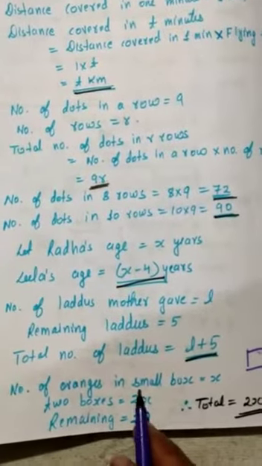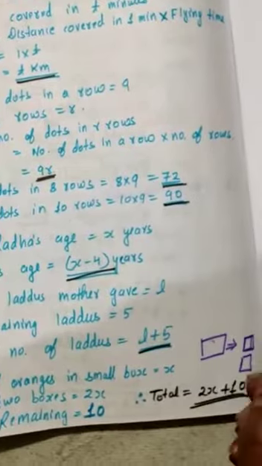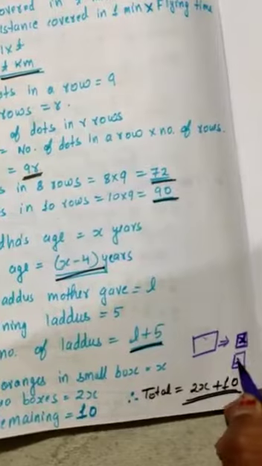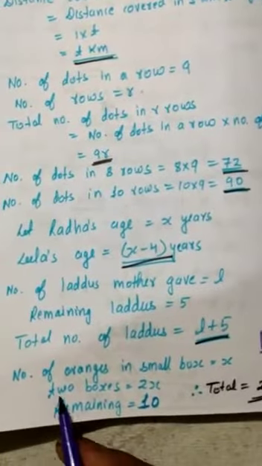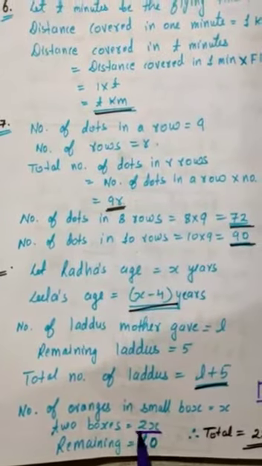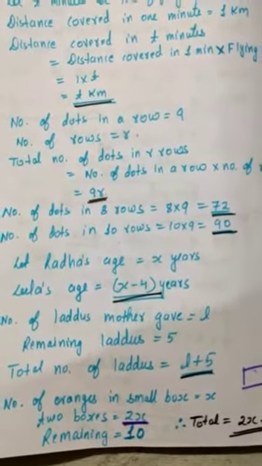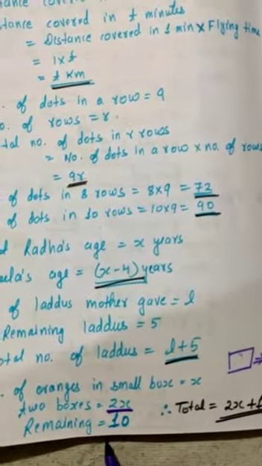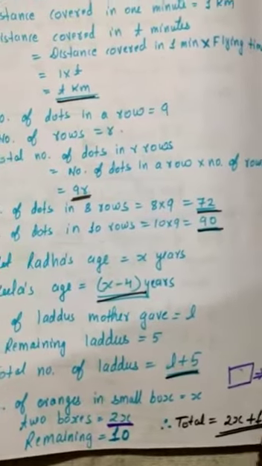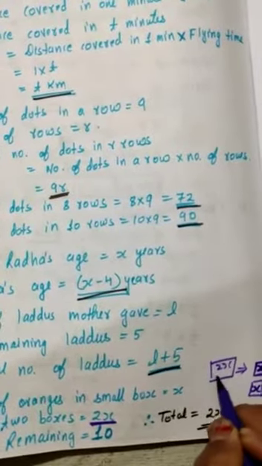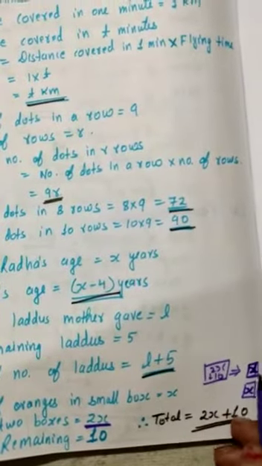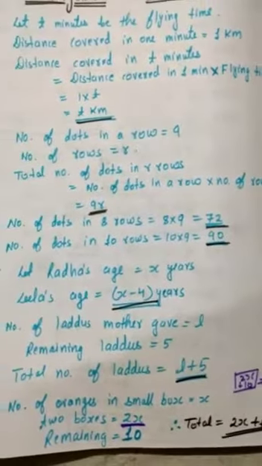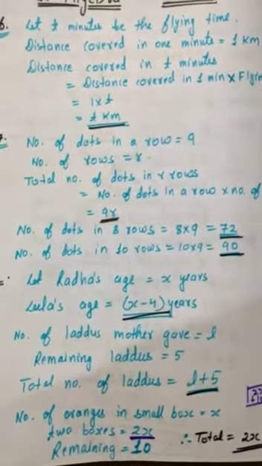So let the number of oranges in a small box be x. Okay, so this is x. So if the number of oranges in one box is x, another में भी x आ जाएंगे. So two boxes are there, so how many oranges will come in two boxes? 2x. Still, after putting 2x oranges in these two boxes, 10 oranges are remaining. Okay, so how many oranges are there in total? Which is 2x plus 10, क्योंकि 2x oranges boxes में डाल दिए, उसके बाद 10 oranges बच जाते हैं, so it will be 2x plus 10. Okay, so this way you have to complete this exercise.